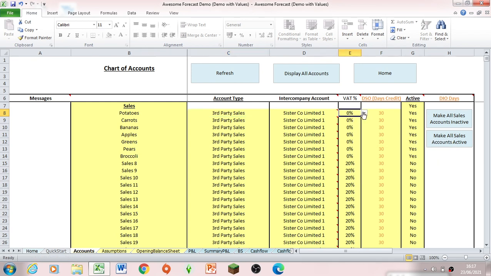Next, choose your VAT rates. I've chosen 0 as they're food products, but they could be any rate that you've entered or just the standard rate. Next, enter how many days credit you give for these sales accounts. This could range from 0 to 360 days, or they could even be payments in advance by entering minus numbers. Once that's done,